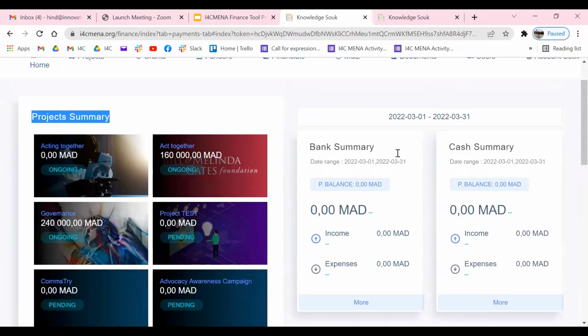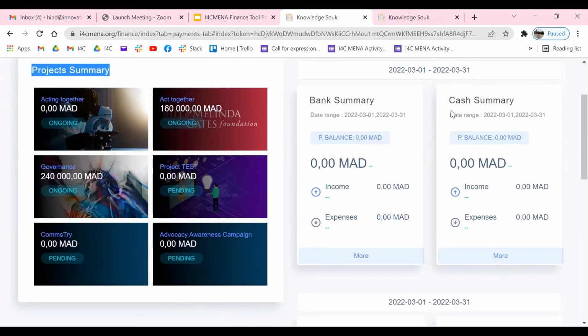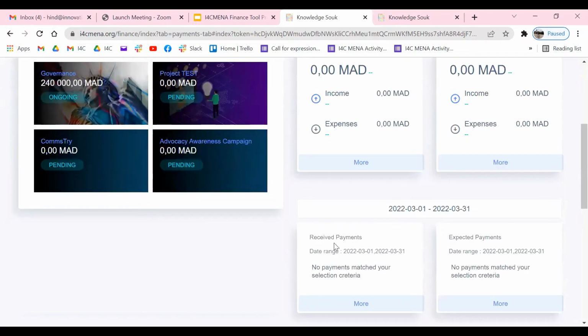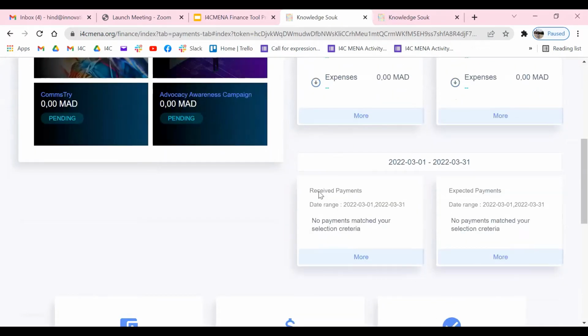Also, we have here a bank summary and the cash summary. This is to give the users an overview of the bank and cash operations. We have here also the other summaries related to the advances received or the payments received or expected. So if the organization has already received some advances as part of specific projects, it will display in this area.